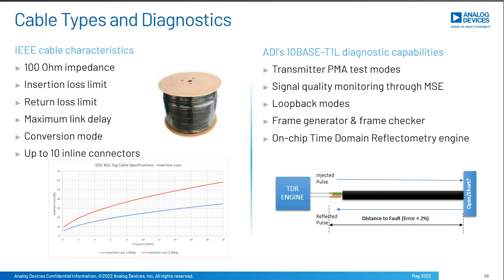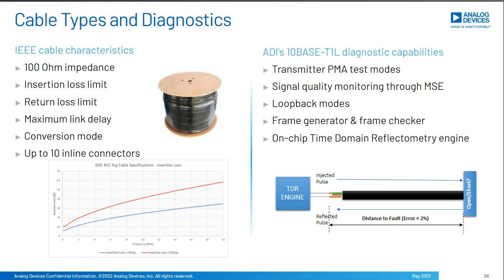Hence, a wide variety of cables can be supported as long as they meet those characteristics. And talking about cables, with a long cable of up to 1 kilometer, there's obviously a huge challenge when a fault occurs. We know those cables are exposed to quite harsh environments where corrosion can build up, humidity can accumulate in any of the connections or junctions, or a sharp edge can eventually wear off the cable, producing an open